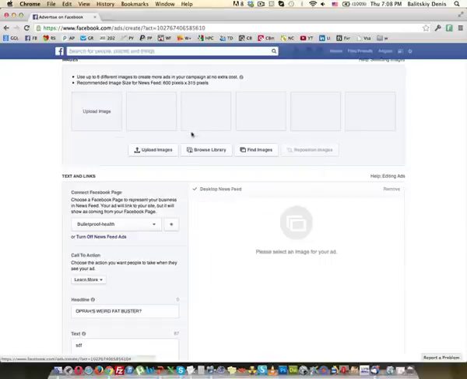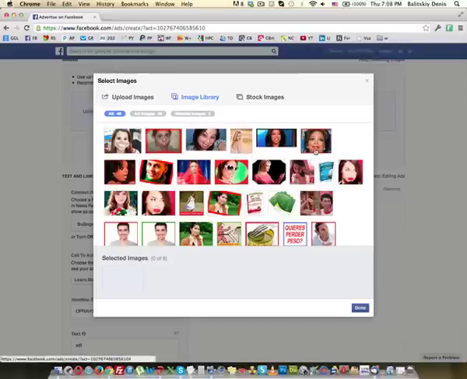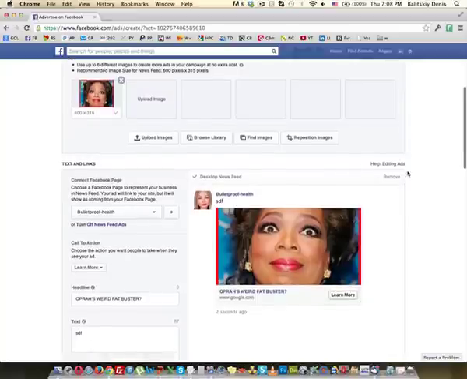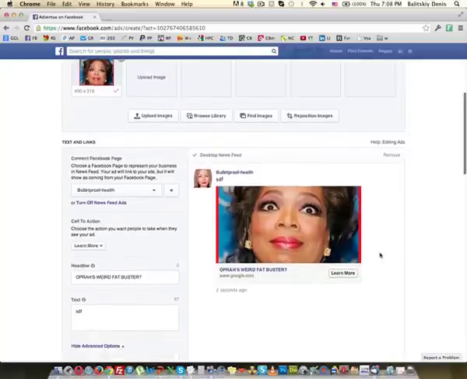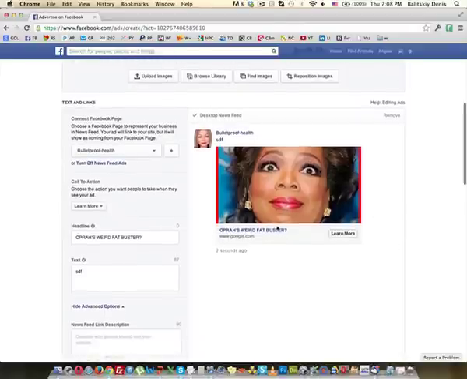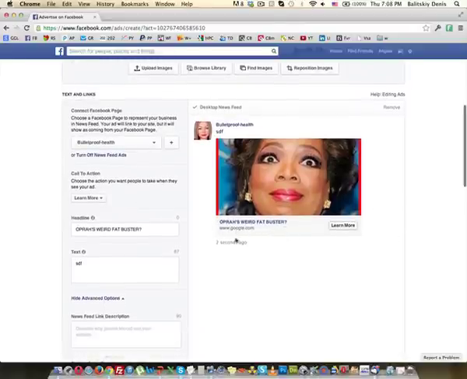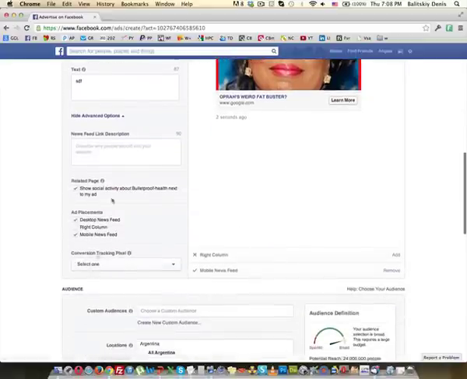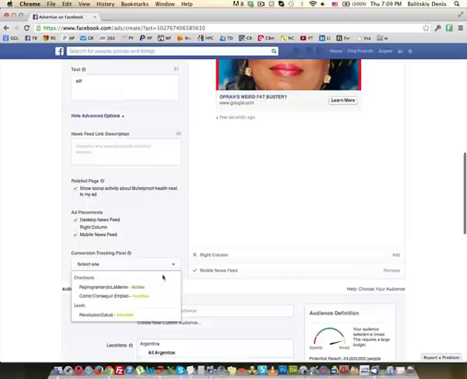Okay, so just to give an example, if we're talking about Oprah, here it is. I searched for Oprah and found her face, but I use weird images. Look at this, she has a very weird look. Okay, Oprah's weird fat buster. And of course, if you click here, you're going to be able to add the conversion tracking we've been talking about. If you're the owner of the page, you're going to be able to put the tracking code into that page, and you're going to be able to track your sales or your conversions.